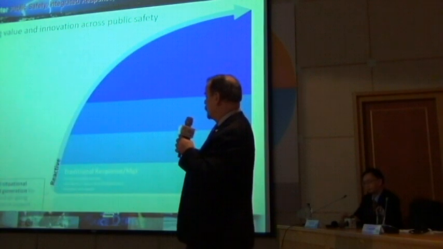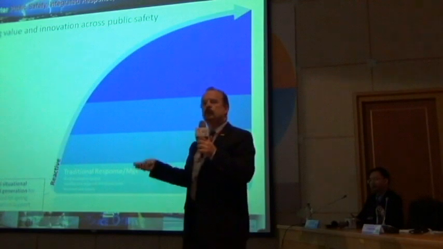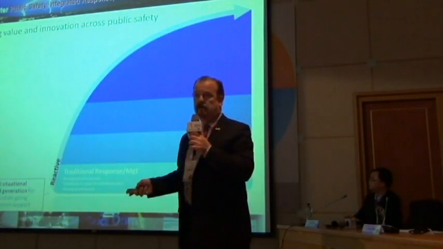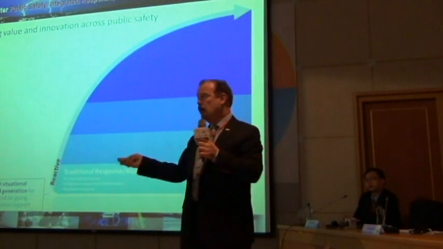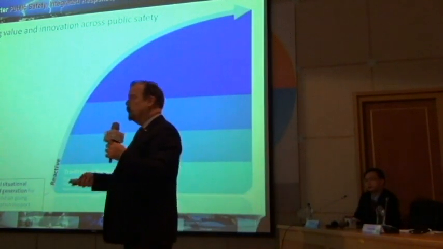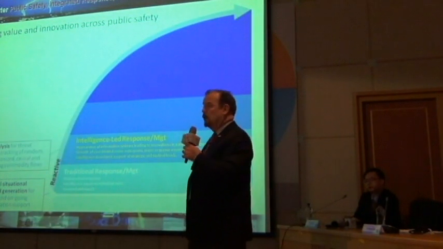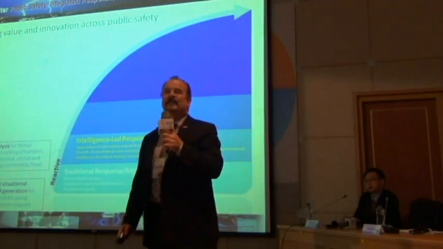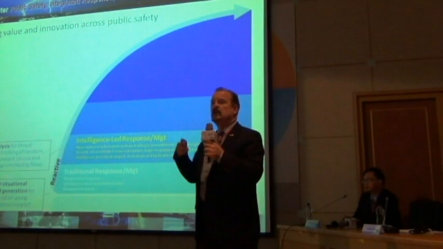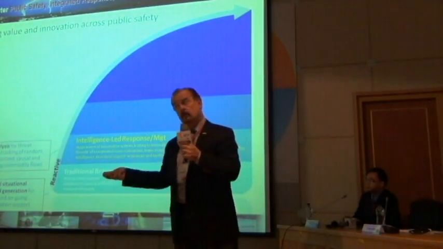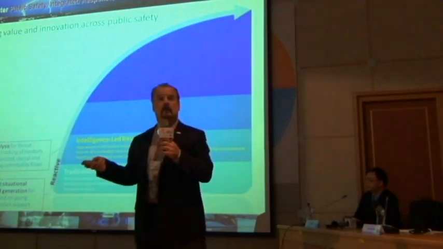So let's talk about the past. Traditional policing, traditional public safety, has been very reactive. Something happens, and you react to it. You send out a police car, you send out a fire truck. That's called response, or reactive response. Then we've moved into the world of intelligence-led policing, or intelligence-led public safety, where we understand there are certain areas heavy in crime, there are certain areas that aren't heavy in crime, so you deploy your assets accordingly.